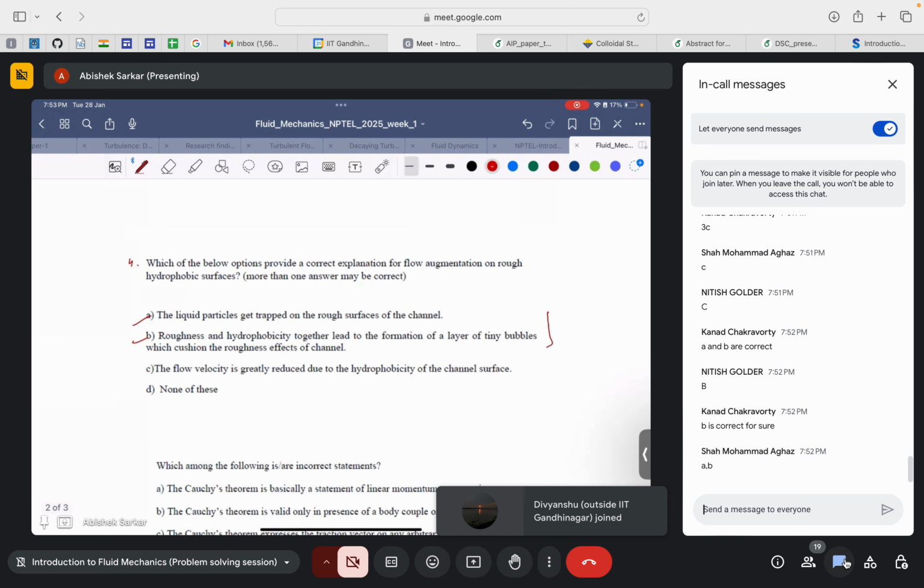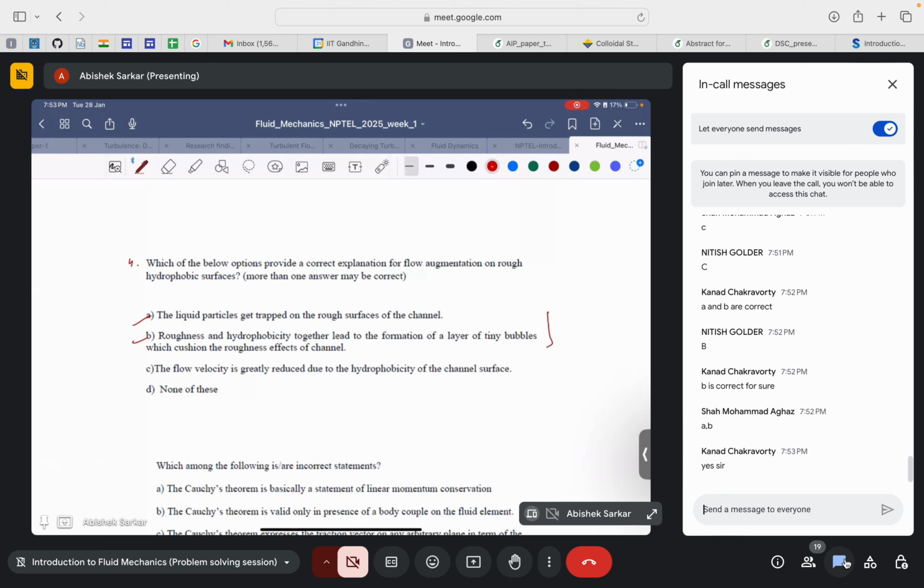Since the surface is hydrophobic, it inherently tells us that the surface would not want the fluid particles to get trapped on the rough surface of the channels. Even if there are protrusions coming out of the surface, it will not want the particles to get trapped on this rough surface. So what actually happens is that instead of liquid particles being trapped, it actually traps bubbles. Bubbles are formed because of the hydrophobic nature of the surface, and these bubbles indeed get trapped in the rough